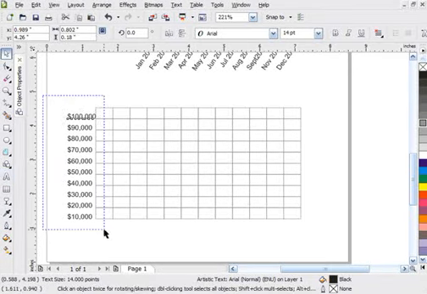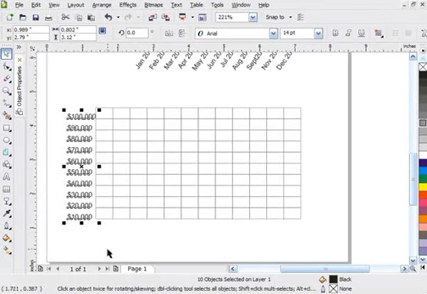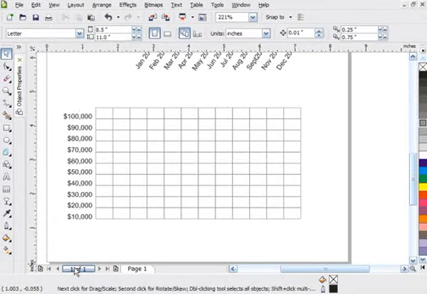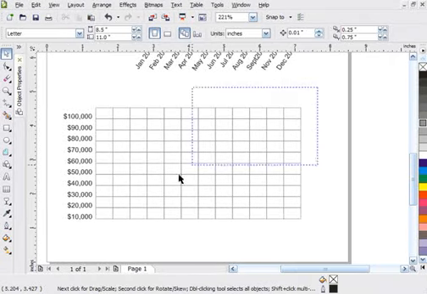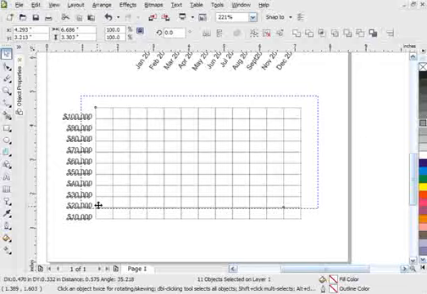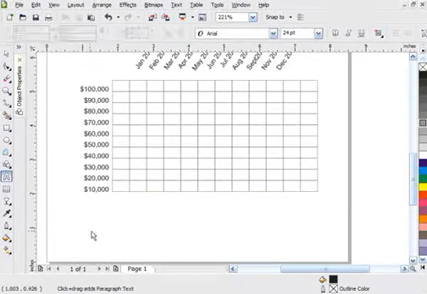Then we'll just go ahead and lasso everything, and then this time what we'll do is we'll hit our R key and that'll align everything to the right. So we set up our monetary values here for our chart or graph. Now we just need to put our months across the bottom. Very easy to do. I'll go ahead and move this over here, get some text,